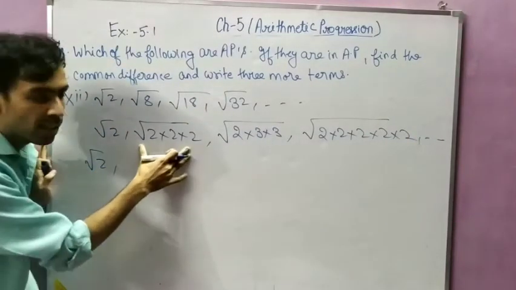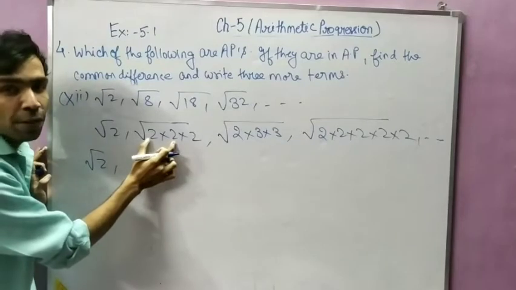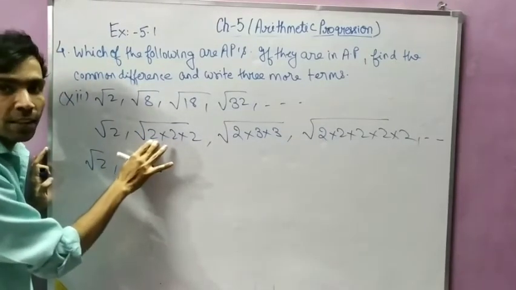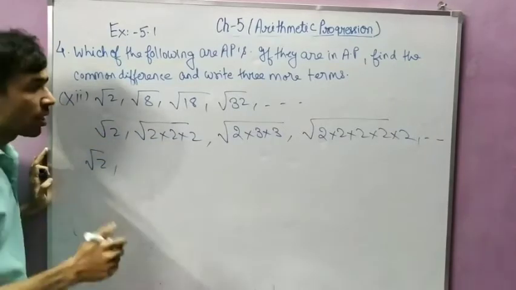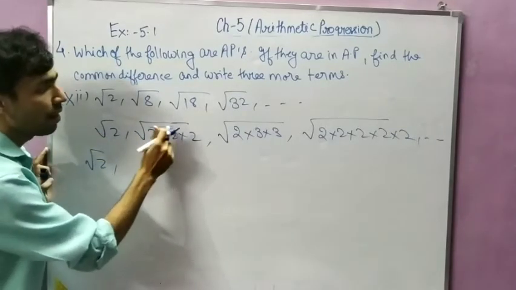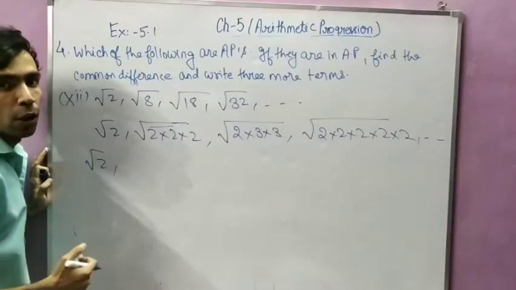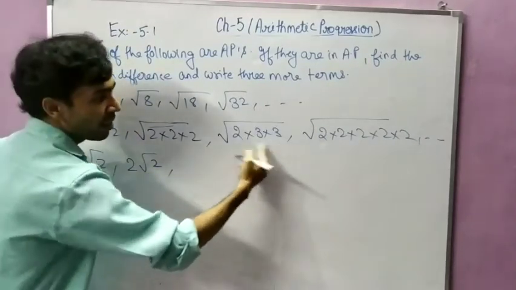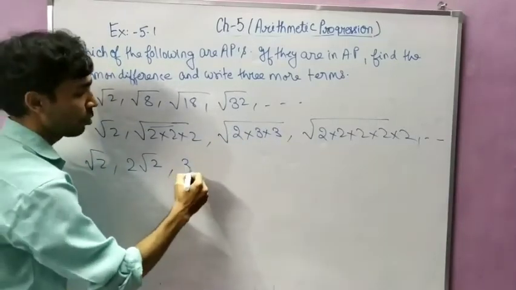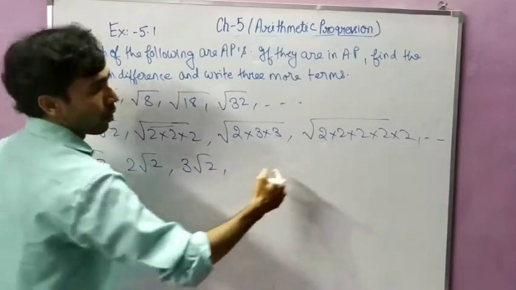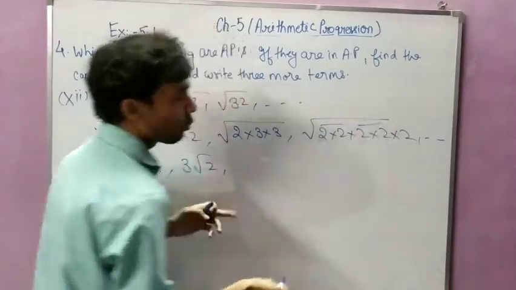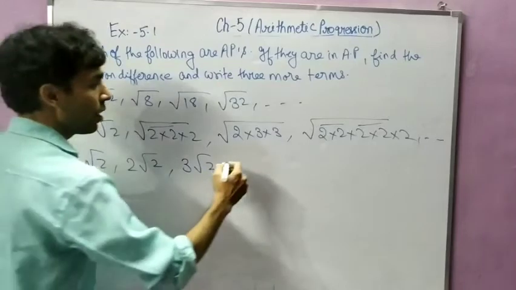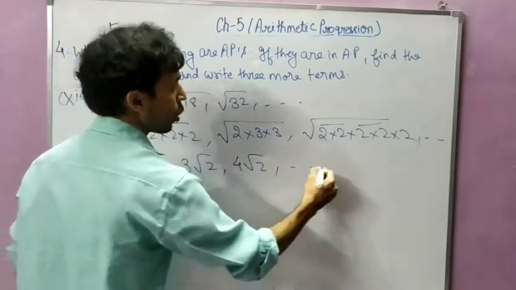Now when you solve this, here we can form one pair of 2. So one pair of 2, from that one 2 will come outside of the root. So it will become 2 root 2. Now from this, 1 3 can come out. So it will become 3 root 2. Now from this, 2 pairs of 2. So when 2 pairs come, it means 2 into 2 will come outside. So it will become 4 root 2 ...